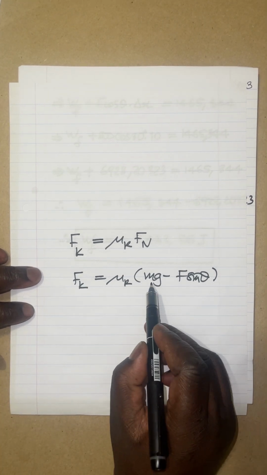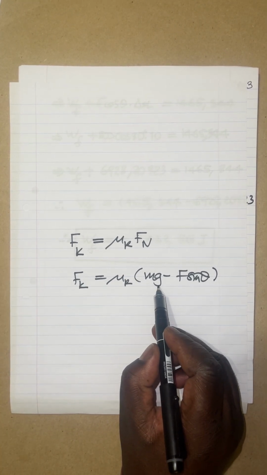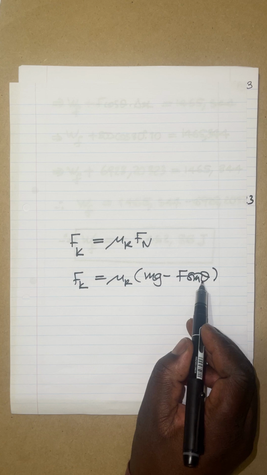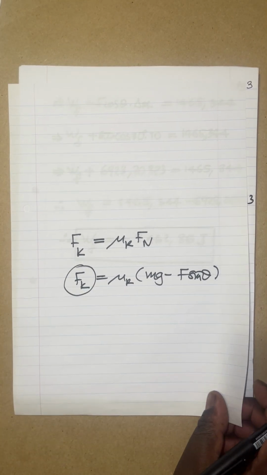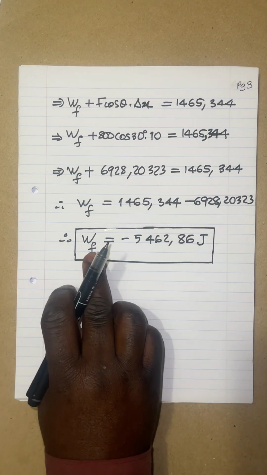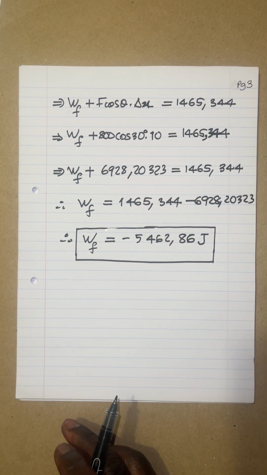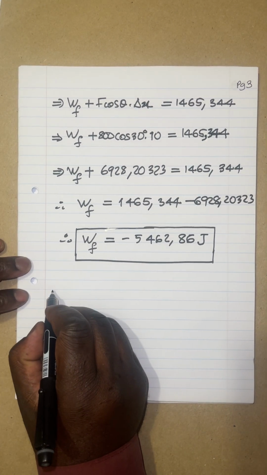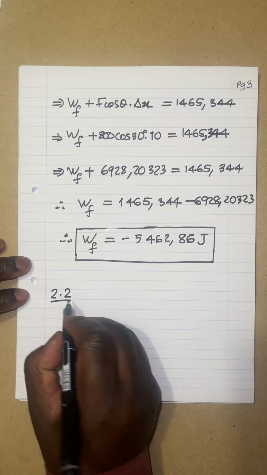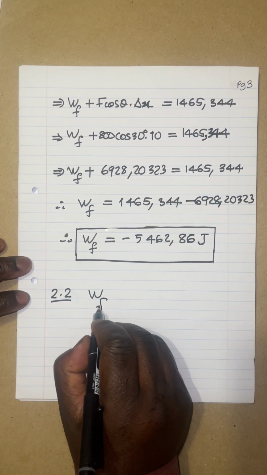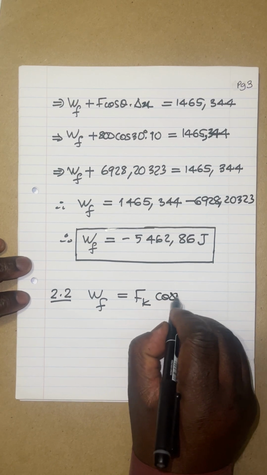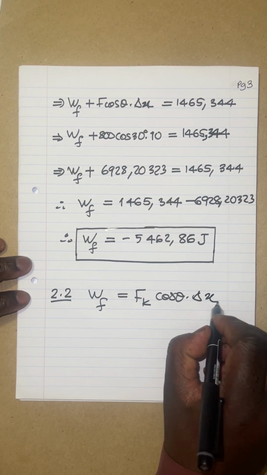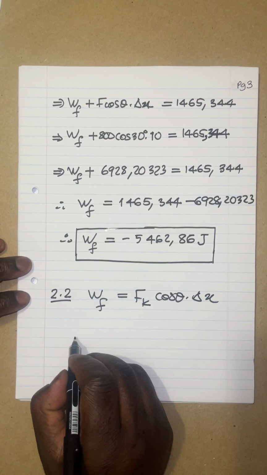So here, we know the mass, we know gravitational acceleration, we know the applied force, and we know the angle. Our job is to determine the frictional force. It is easy to work out because we know the work done by friction. So 2.2, let me start from here. WF, the work done by friction, is going to be Fk times cosine of theta times delta x. Do I know this guy here? Yes, it's minus